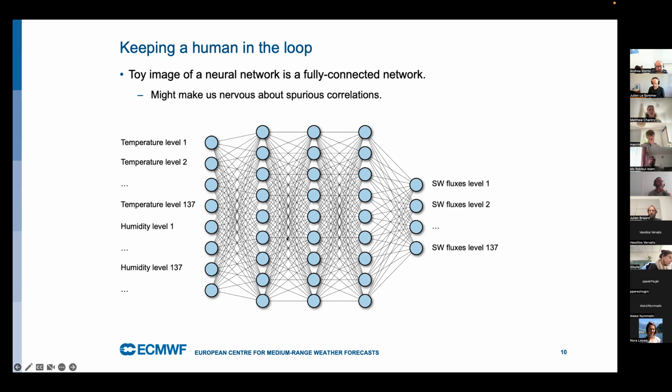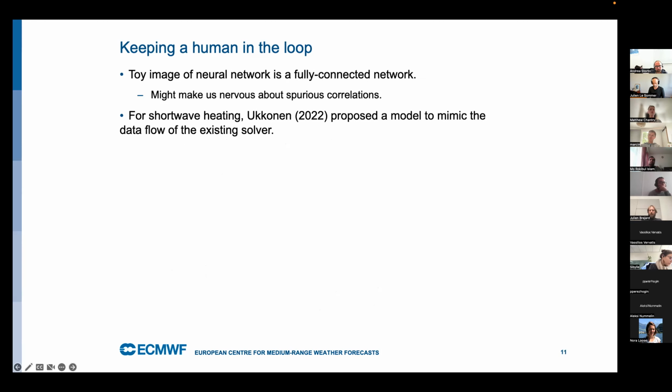In a fully connected neural network, these are all getting mixed together, and there's no consistency in the same physical processes and dependencies being encoded at the top and bottom of the atmosphere or anywhere in between. So Peter Ukkonen, someone I've collaborated with, has proposed a very nice model